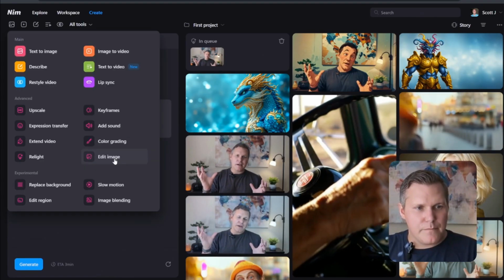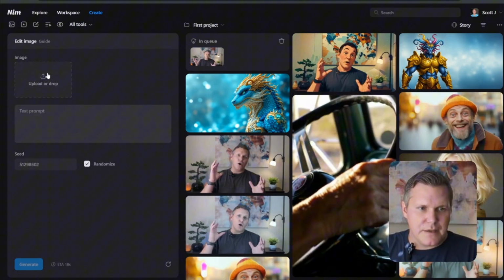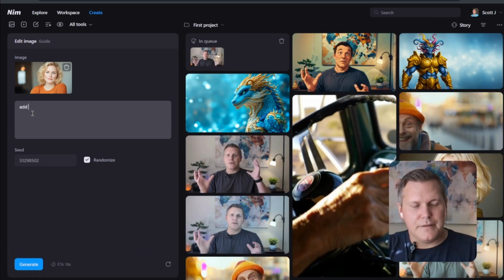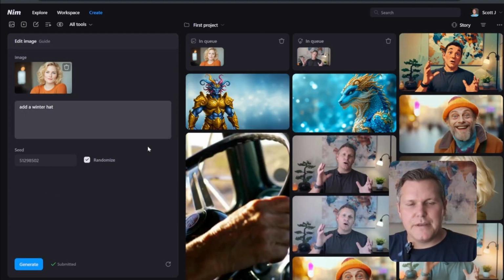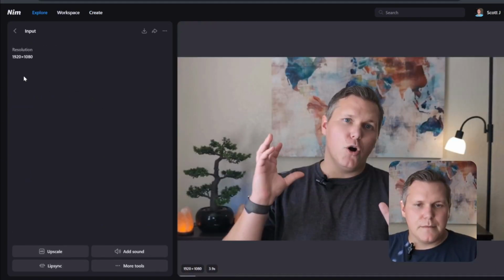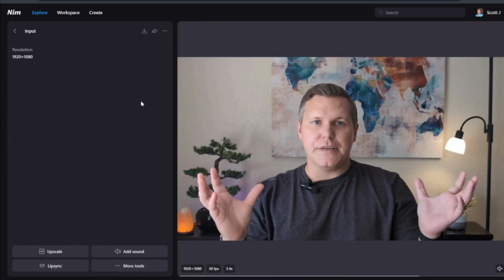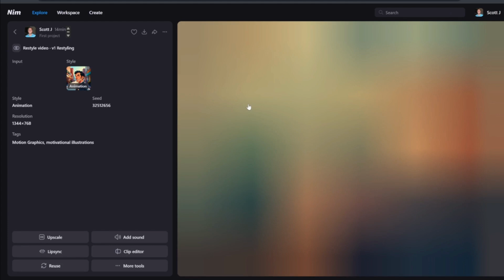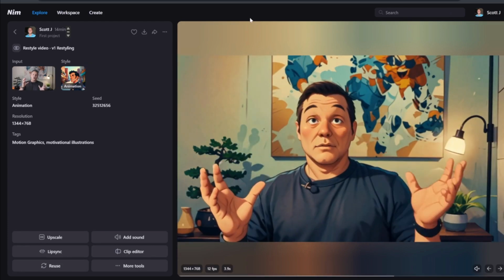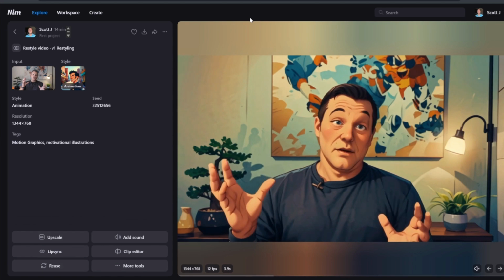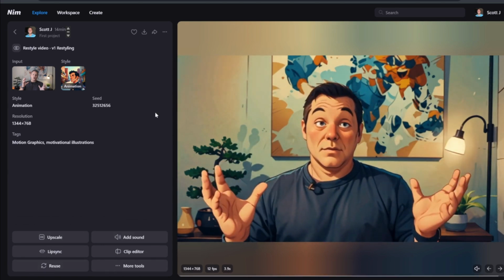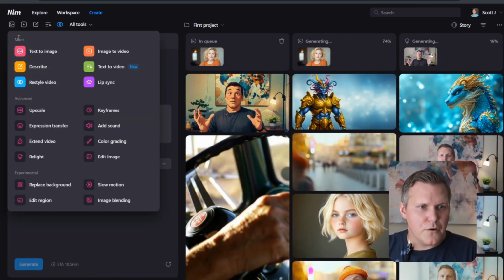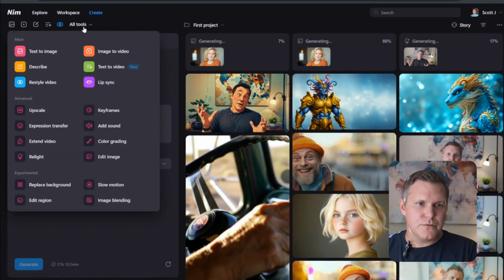All right. The last of the advanced tools is edit the image, a random image, and you can prompt it to say add various objects. Here is the example of the input for a video, and here is the animation. Definitely interesting. Not horrible. Don't really think it looks like me, but so we went over the main tools, the advanced tools,